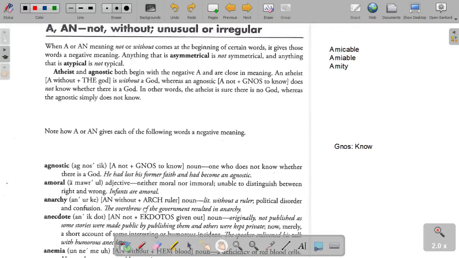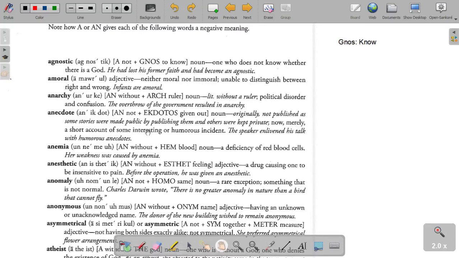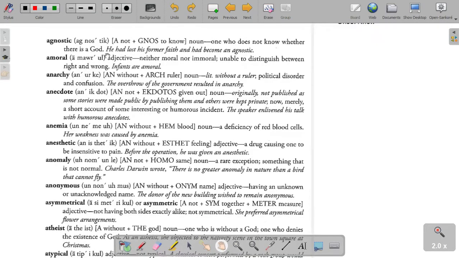Okay, so a couple other words to review. Agnostic is just someone who doesn't know whether or not there's a God. They're not going to completely dismiss it, but at the same time, they're not going to agree with it either. So they just don't know. A lot of people who are around my age, in their 20s, are agnostics. They say, I'm not going to say that God for sure doesn't exist, but they don't know whether he does or not, so they say that they're agnostic.